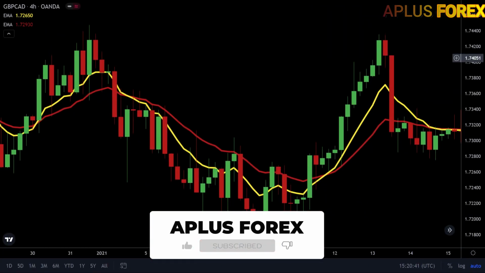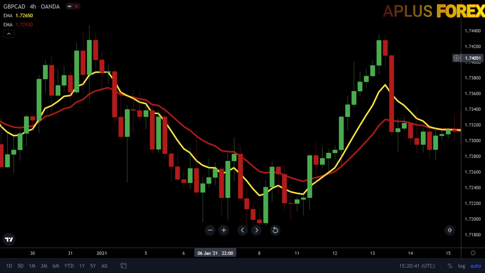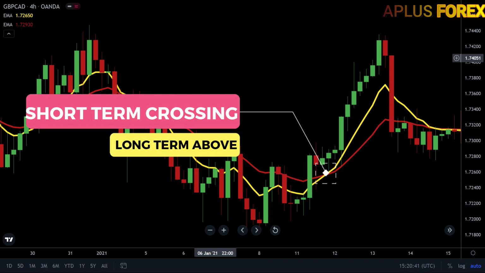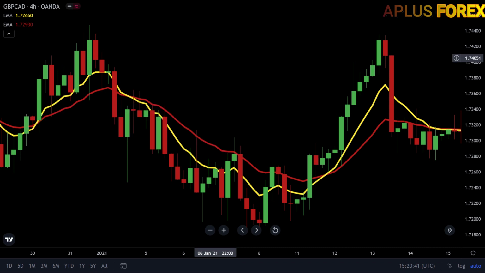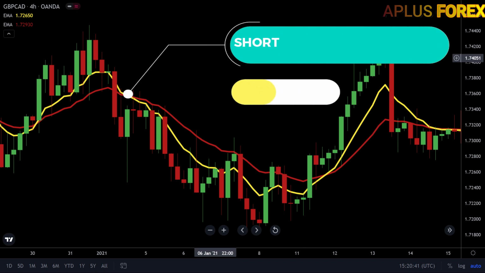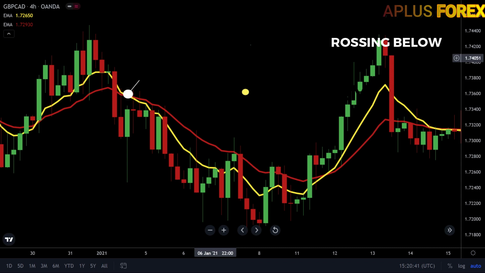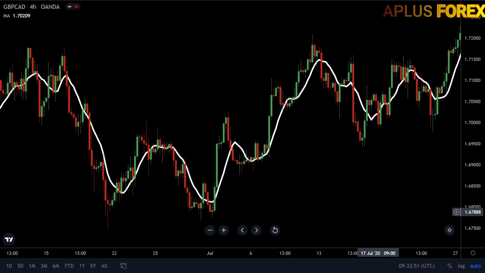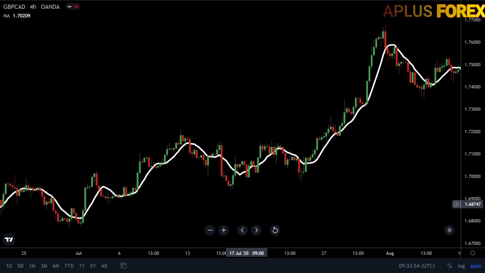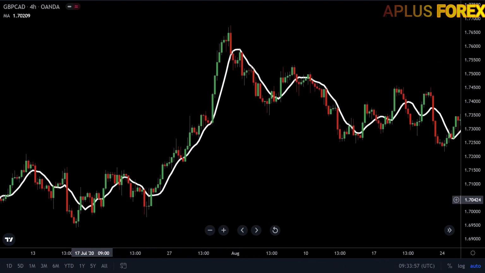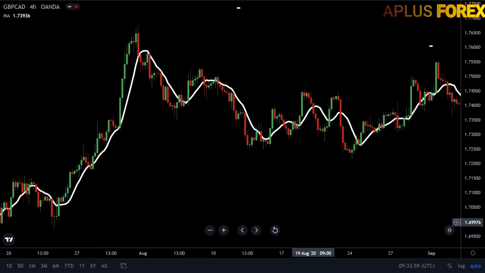To understand moving average crossover, upward momentum is confirmed by a bullish crossover, which occurs when a shorter-term moving average crosses above a longer-term moving average. In contrast, downward momentum is confirmed by a bearish crossover, which occurs when a shorter moving average crosses below a longer-term moving average. As a lagging indicator, the moving average is primarily used to identify the trend of any financial security rather than providing trading signals. Moving averages, like other technical indicators, should be used in conjunction with other technical tools such as price action or momentum indicators.